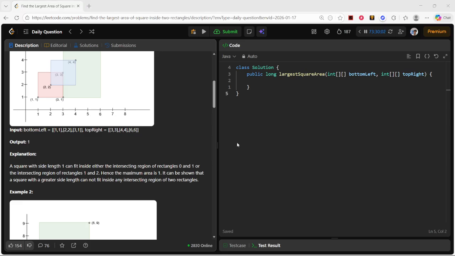The challenging part is finding that square, right? So firstly, we take two rectangles as a pair and determine the boundaries of the overlapping rectangle. So minimum x will be